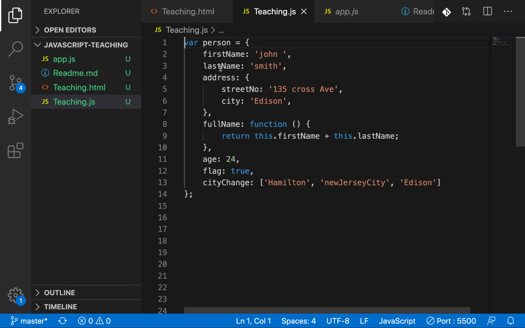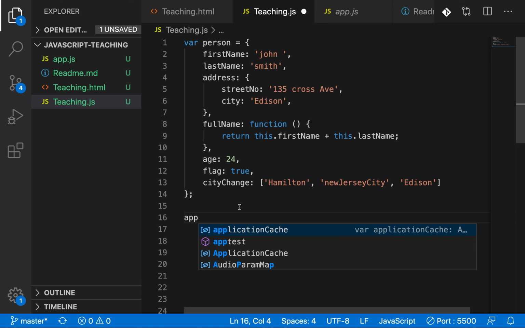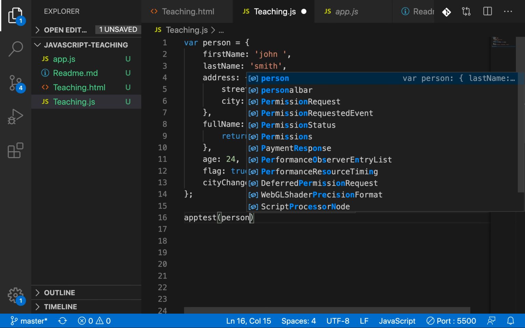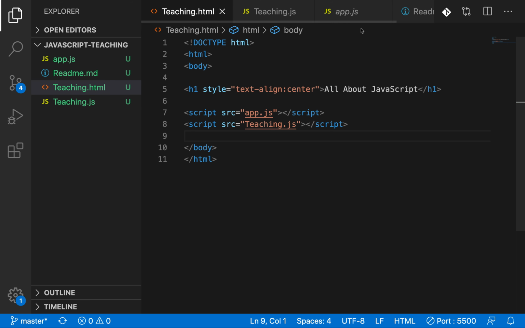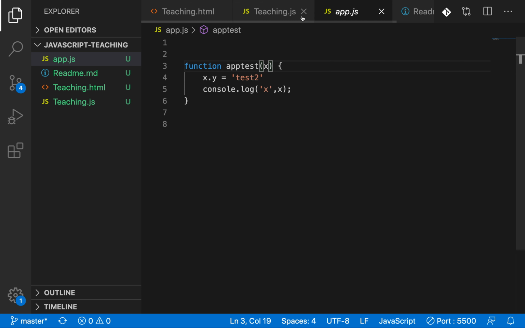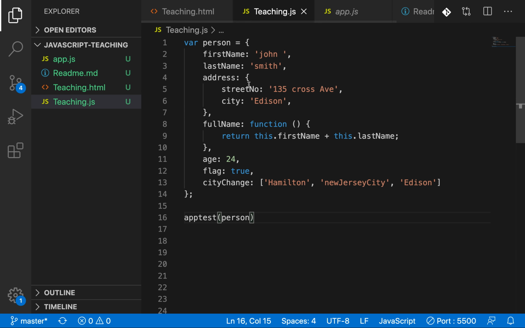It should keep whatever properties are defined, and no other properties should be added. But when I call app test and pass person to it, if you see in person.js, I'm passing person into this, and person.y equal to test2 is defined, and this y is going to be added within this person.